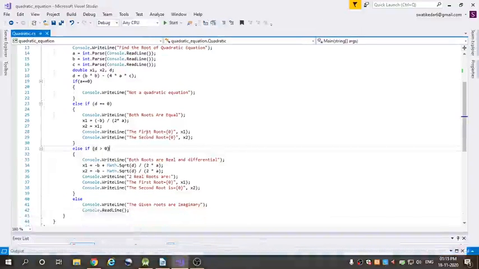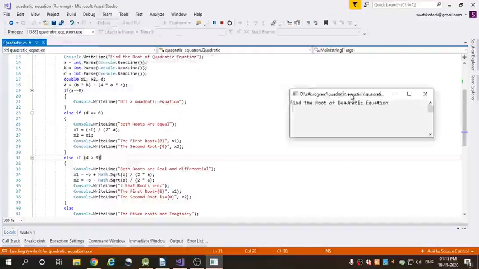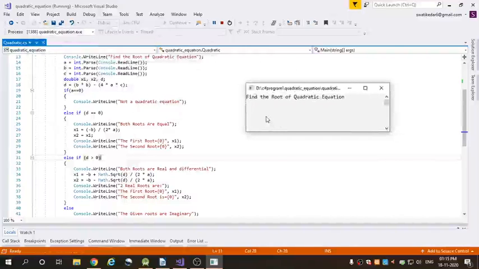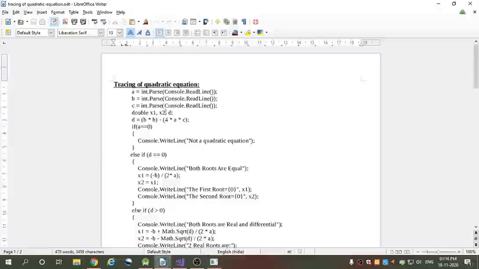After that, now we see the case where the given roots are imaginary. For that you have to give the inputs 1 2 and 3 and enter. You see here, the given roots are imaginary, and you see here in the tracing